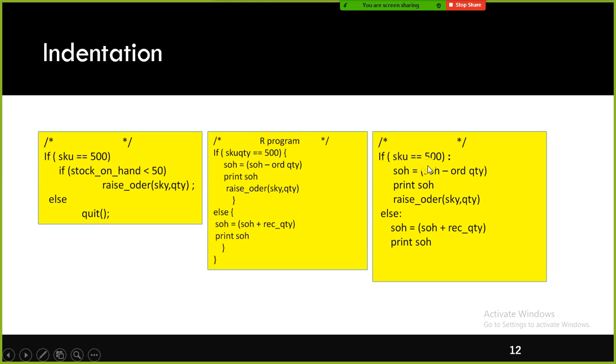But in Python you have to use the colon to understand which code block belongs to which one. Okay, so this one belongs to if, and this one belongs to else. This you need to remember.